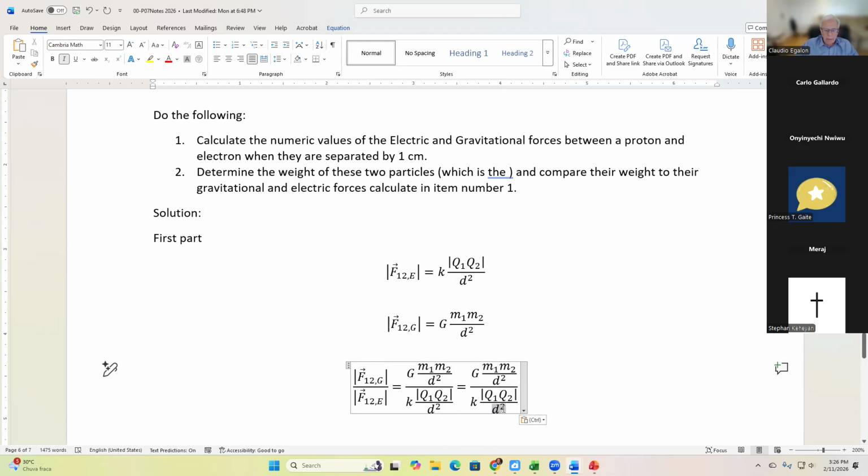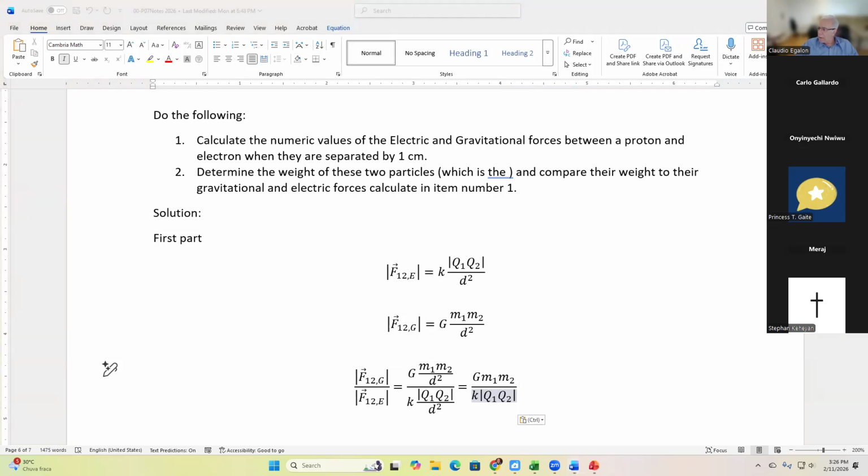When I take this ratio, I don't have to worry about the distances between the particles, and it makes it easier for us to have a proportional idea of the relative